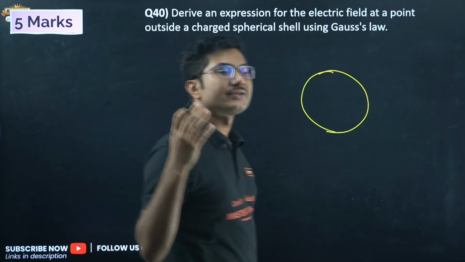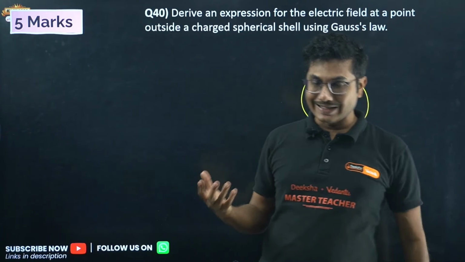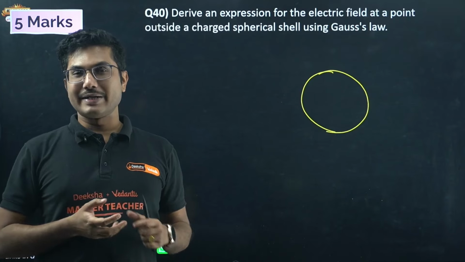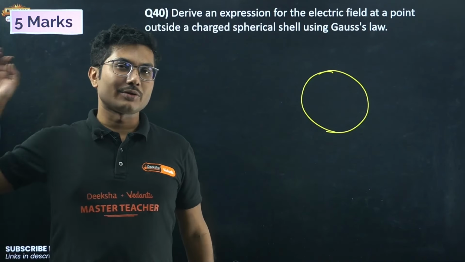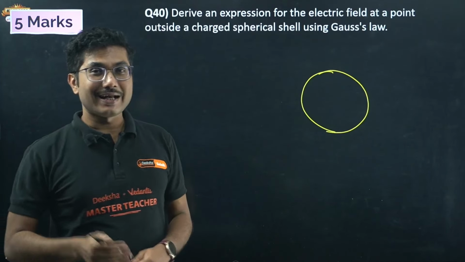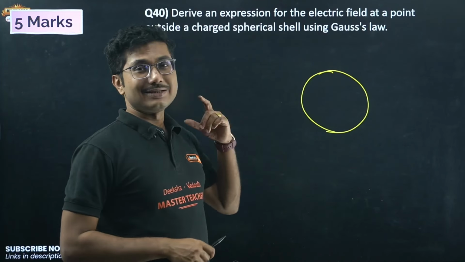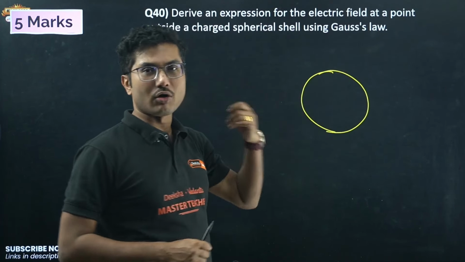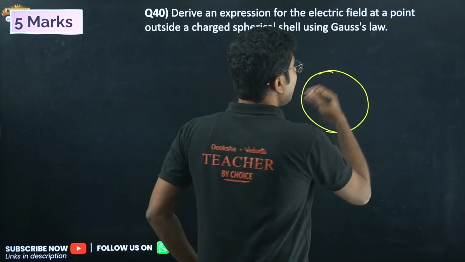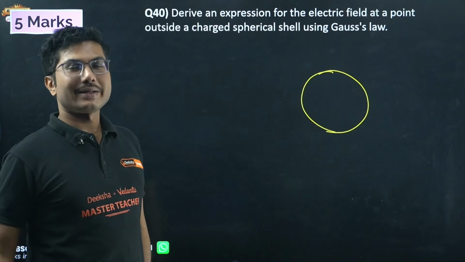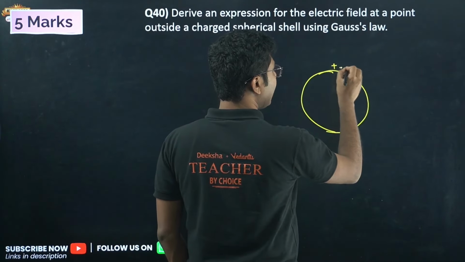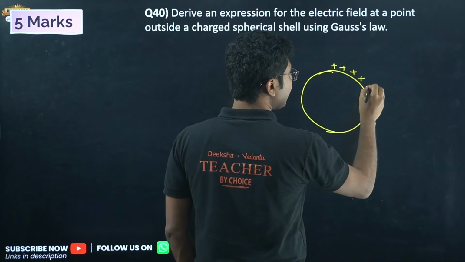For example, the plastic ball that you used to play with when you were kids, right? The heavy plastic balls: inside the ball was empty, but the outside was heavy. You used to play cricket with that, right? All of us played. So that is also an example of a shell. This is the cover, and inside is hollow. Now if you want to charge this, where will the charges stay? Charges will always stay on the surface.